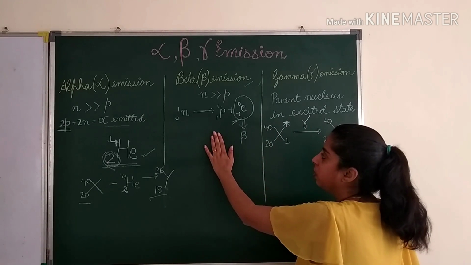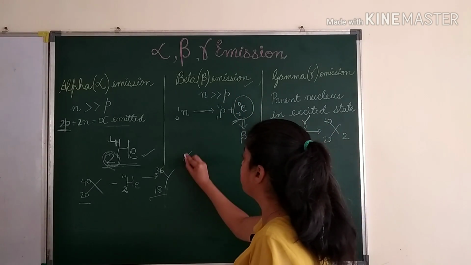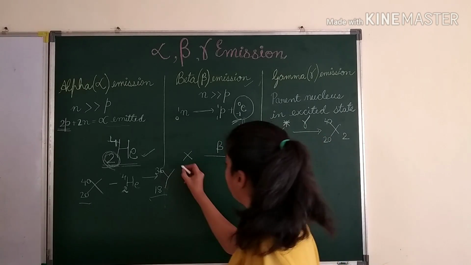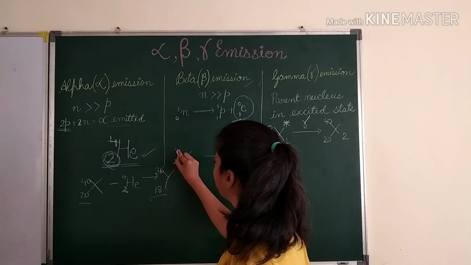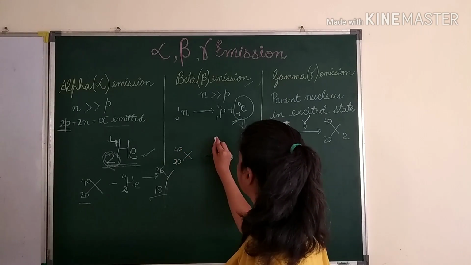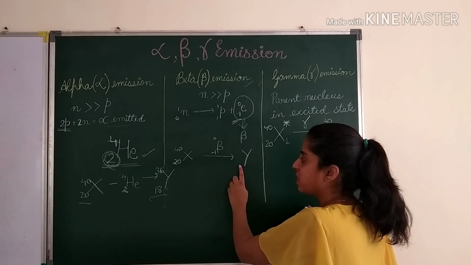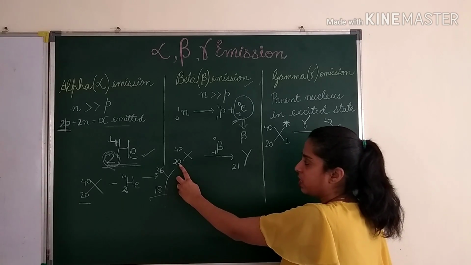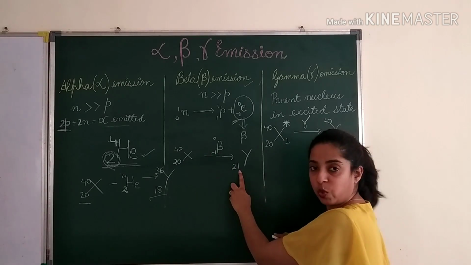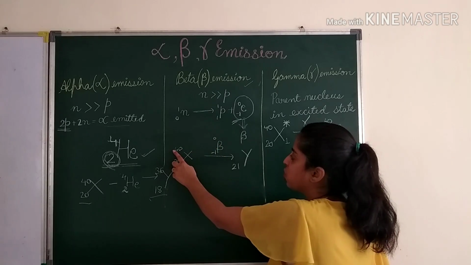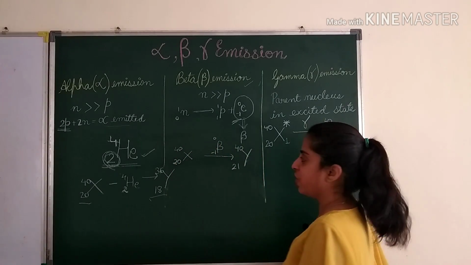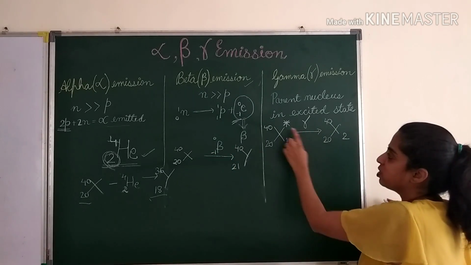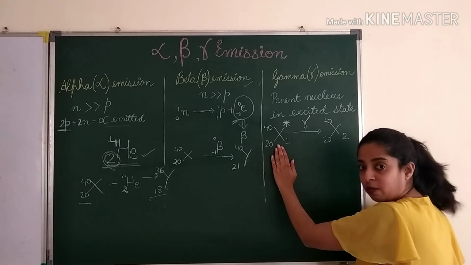In a beta emission, an electron is lost. So suppose this is X and Y and a beta particle is emitted. This is 20 and this is 40, and for the beta particle it's -1 and 0. So this -1 is emitting, so you will add 1 here, because 20 minus of -1 becomes 21. Since it is 0 here, your mass number doesn't change. So this increases by 1 and this remains same. Here nothing changes, only the asterisk sign comes here.